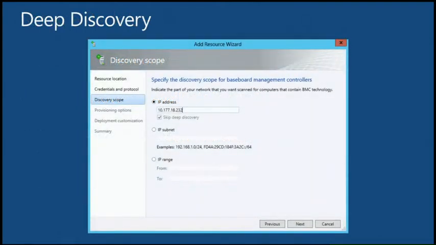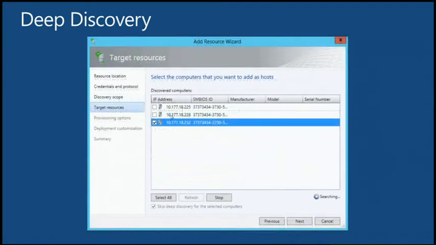Here are a few previews of what the UI will look like. If you remember the discovery before, we still have the discovery panel. What's new in the UI here is this option for deep discovery. By default, we'll do the deep discovery in the wizard. You can still skip it and do the fast IPMI or SMASH-based discovery, but you now have the option of doing the deep discovery. When you do, it'll run in the background of this panel. And then when it finishes,